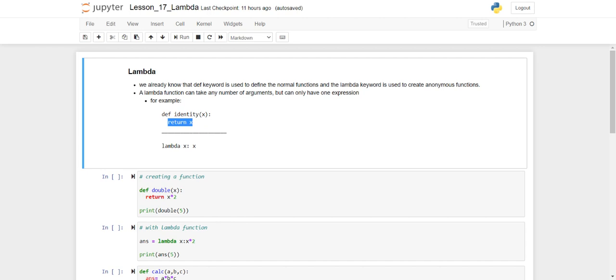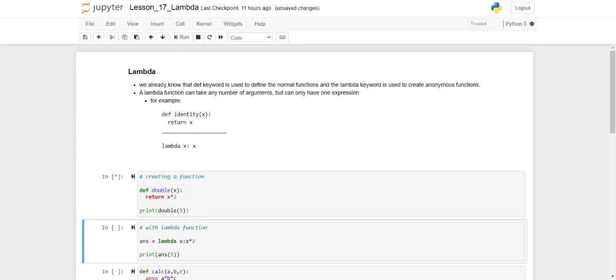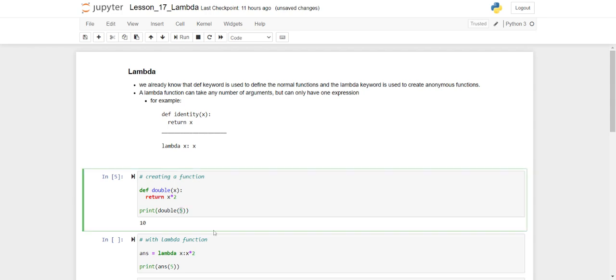So in a lambda function, what you do, you just write lambda, and then the value you want as an output here, and here you write your block of code, or whatever calculations you want. So for example, here I'm just creating a function that is calculating with 2, that is doubling up your figure. Whatever number you give to the function, it will double it up because it will multiply it by 2 and then give you the returned value. So if we run it here, in the double function I give the parameter 5. It is multiplying 5 by 2 and giving me the answer